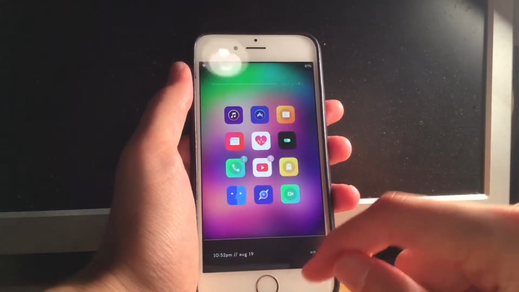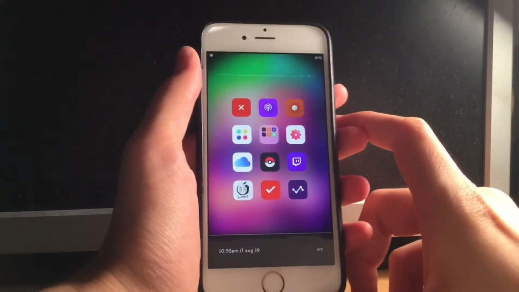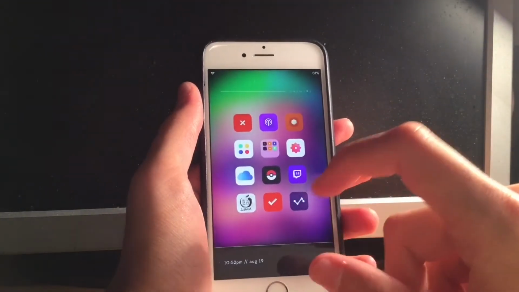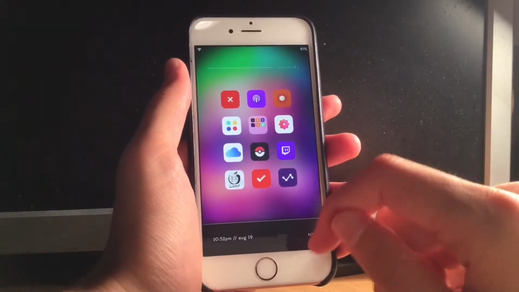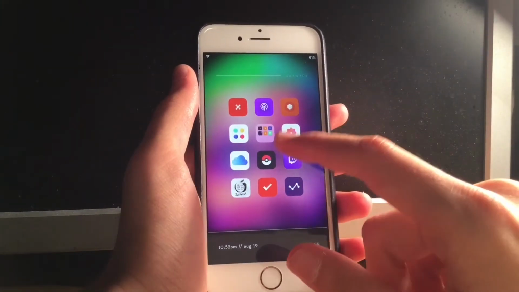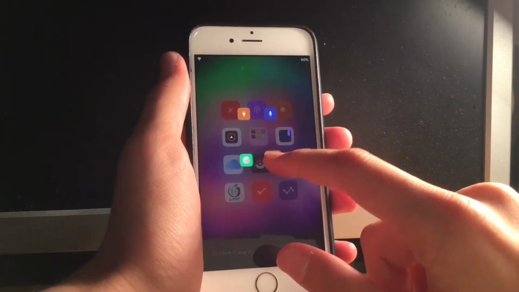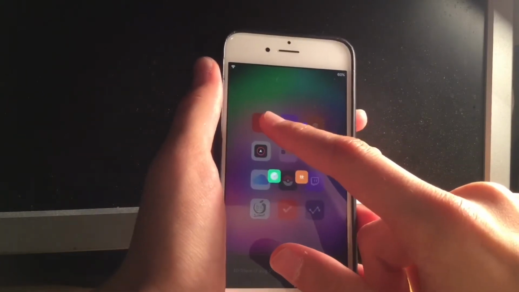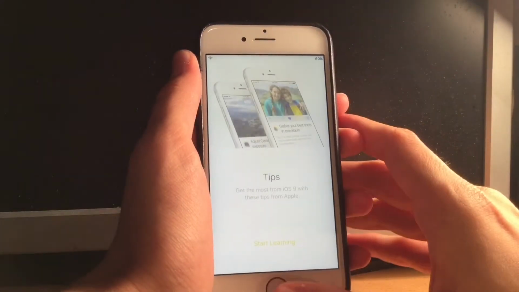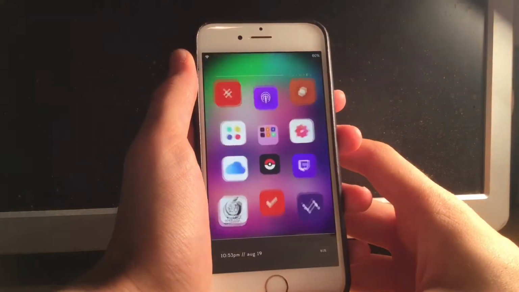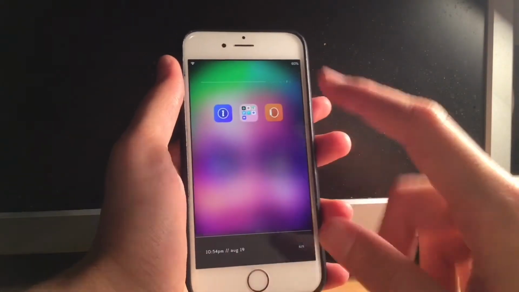So jumping on, we have a few more tweaks to discuss on the home screen. For my folders, I actually use a tweak called Xtow. What Xtow does is basically when you tap and hold on a folder, it gives you all the apps that are in this folder. And if you want to open a particular app, just put your finger on top of it and release, and it's gonna open, just like this. So that's it for my home screen, guys.